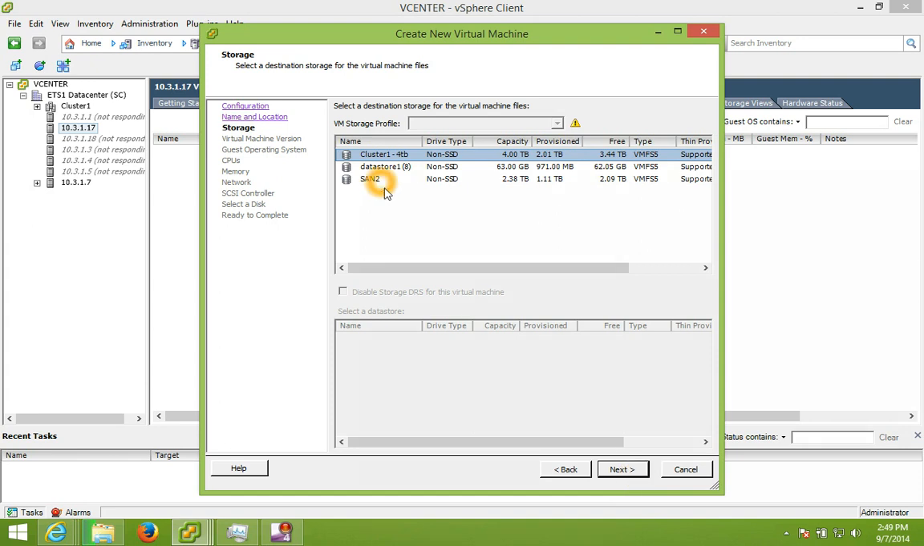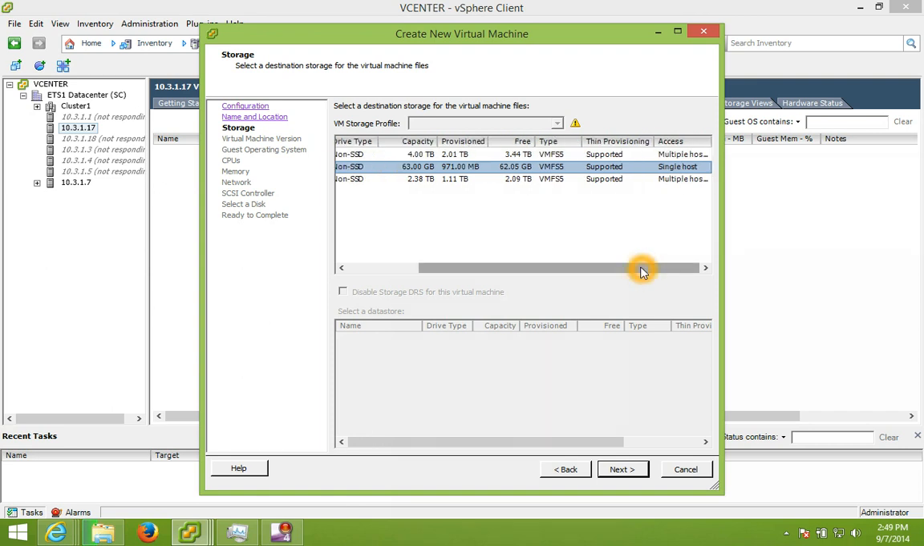And now it's asking for the data store. Currently I have 2 ESXi data stores attached. Those are called SAN2 and Cluster 1-4 terabyte. I'm going to save this one that we're creating right now on data store 1, which is local storage. And you can tell the access to this is single host, so only this host, which would be 10.3.117, has